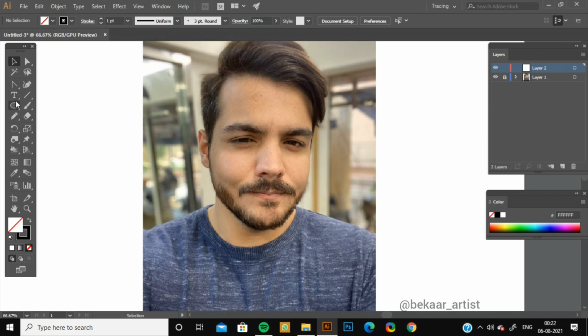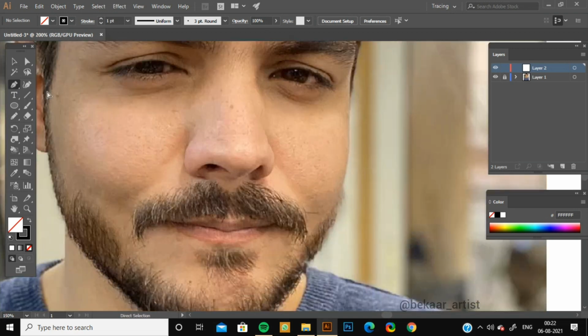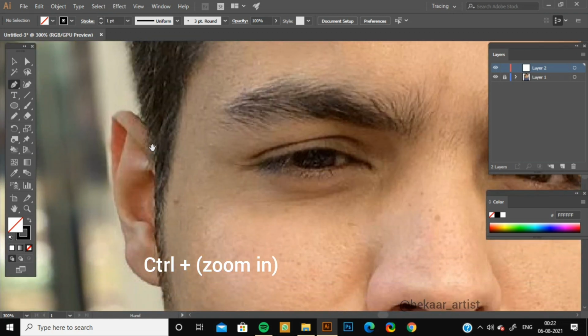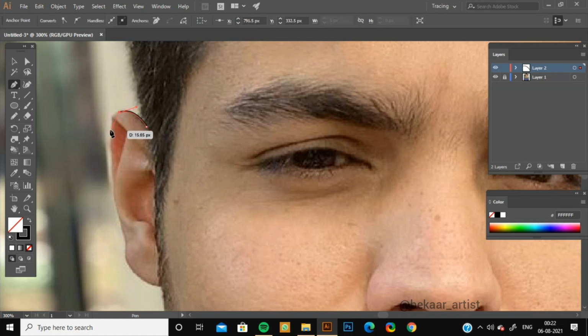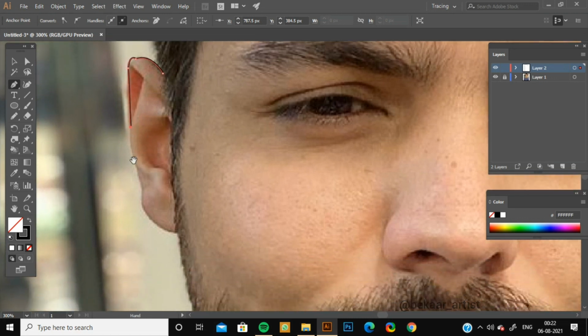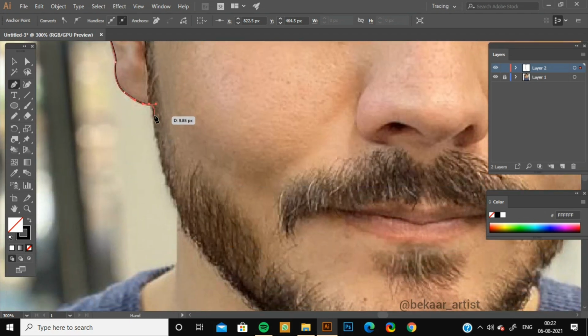Then with pen tool I will trace the face part, so I will select this pen tool, and now with Ctrl plus I will zoom in, and then I will start tracing the outline of his face. Also, since it's minimal, no need to pay attention to these curves. Instead, just follow along this line like this,